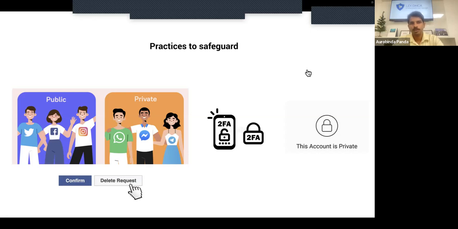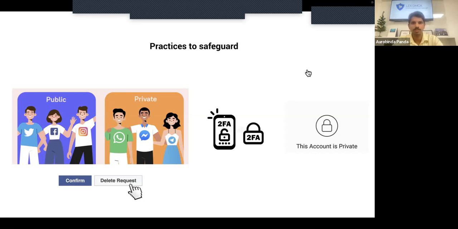Maybe you have used public Wi-Fi, and they got the password somehow, maybe through your phone or while you were typing. Still, with two-factor authentication, you always get an OTP in your mail or on your phone. So in that way, it will be more secure.